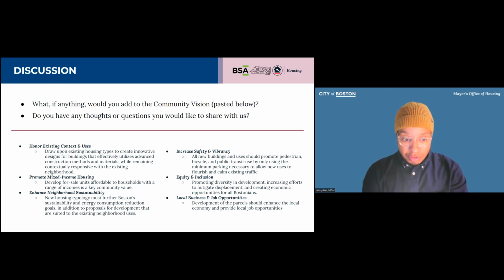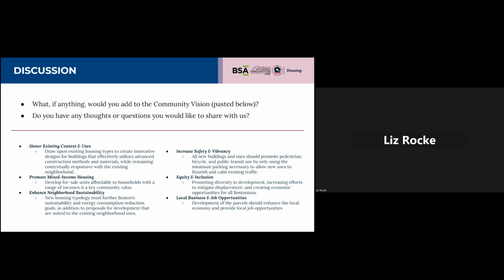So often for homeownership projects where we're providing funding, in our requests for proposals we'll do a third, meaning that a third of the units have to be at 80% of AMI, a third of the units have to be at 100% of AMI, and then a third of the units could be at either 120% of AMI or market rate. So that's usually what you'll see in the city's RFPs for homeownership. In this case, I don't believe that we're saying we want to see a third, a third, a third. We're kind of leaving it a little bit more open. Okay, thank you.